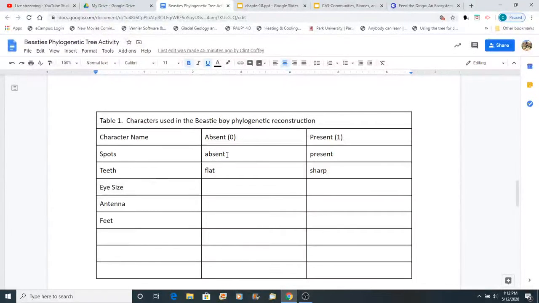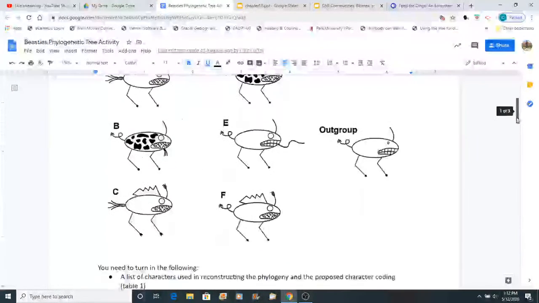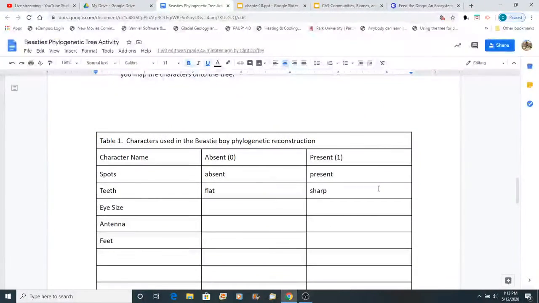Then you have to determine what is the standard. What was the base? What did the outgroup have at first? So you have absent and you have present. So absent, you give a 0. We're going to use a binary code, 0s and 1s. So if we look at spots, we have the absent, which is going to be 0, and the present as a 1. So we go back up and we look at the outgroup. Does he have spots? No. So we want the outgroup to have all 0s if possible. But we see spots has evolved over time. So the outgroup would have a 0, as we know, and then those other 2 would have a 1